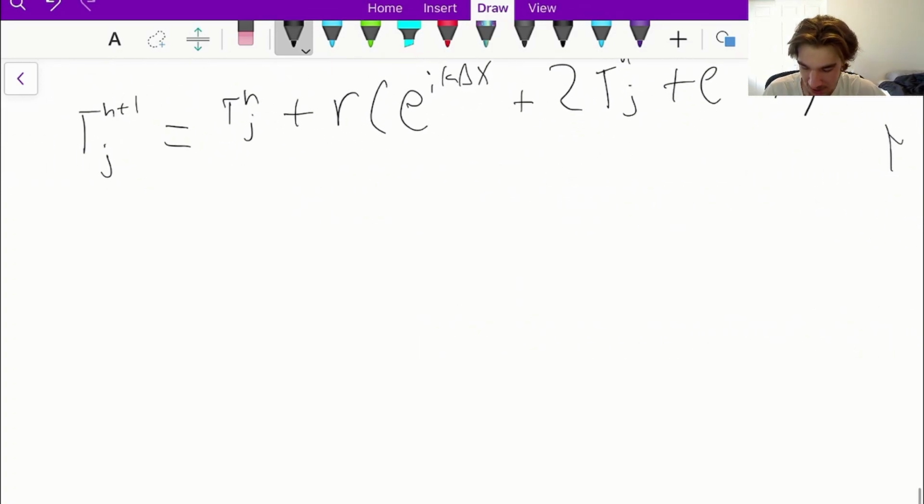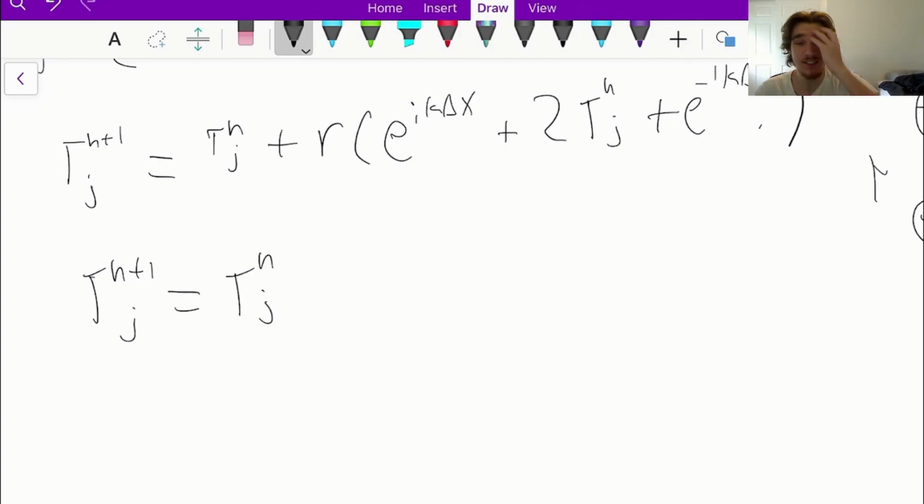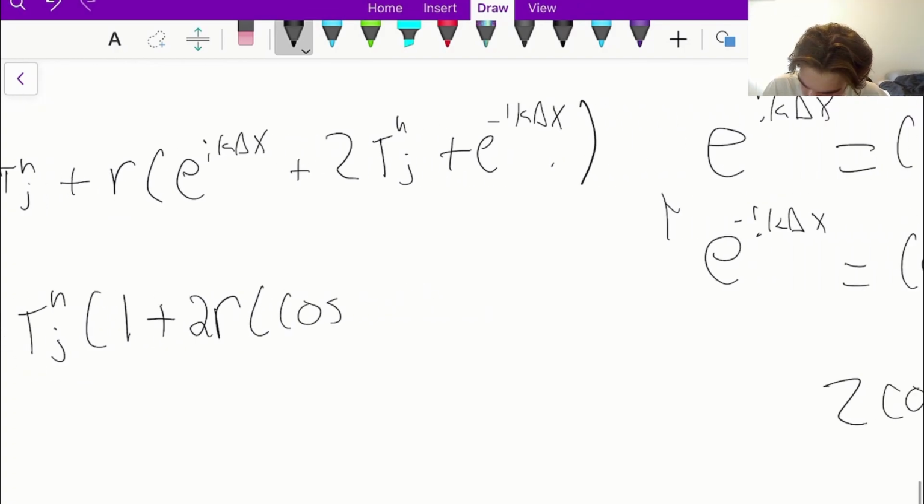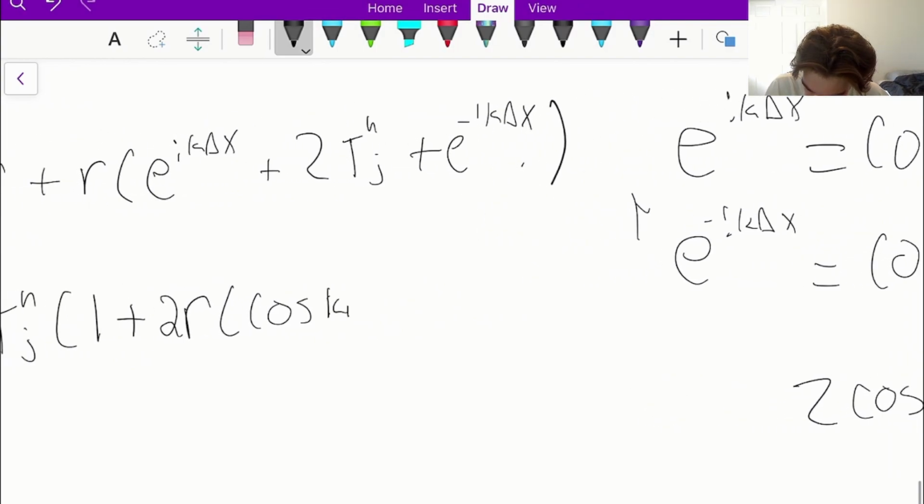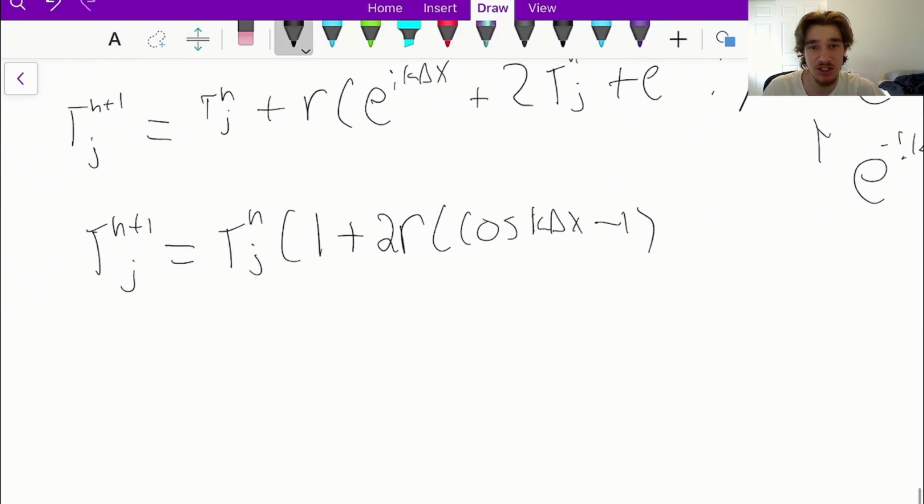So we want to go ahead and simplify this just a little bit. So we get T to the n plus 1 of j equals T to the n, and we want to take out T n of j, so we get times 1 plus r, and now we're also going to take out r. We want this to be 2r, right? And then we want cosine of k delta x minus 1. So I just simplified it, but plugging that in and simplifying it just a little bit, we get